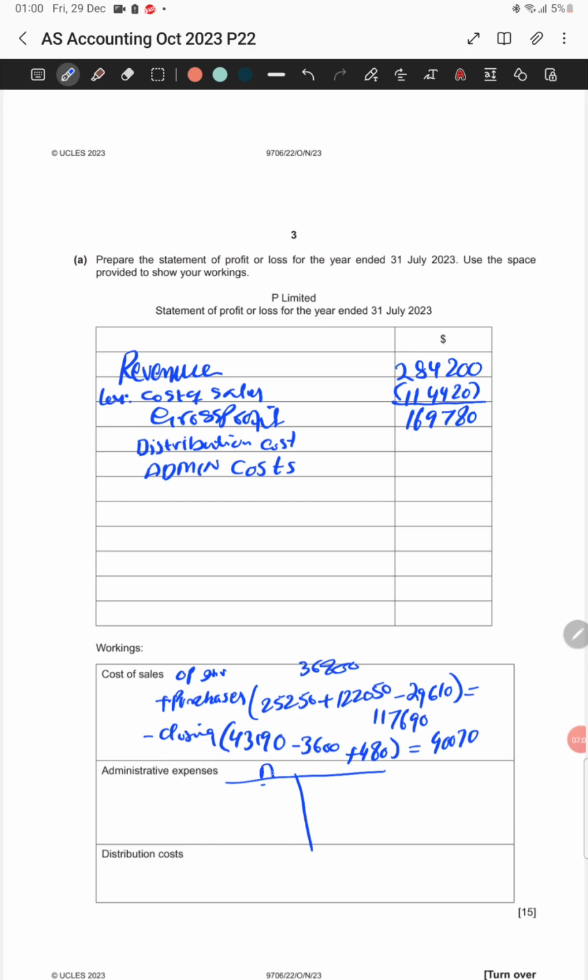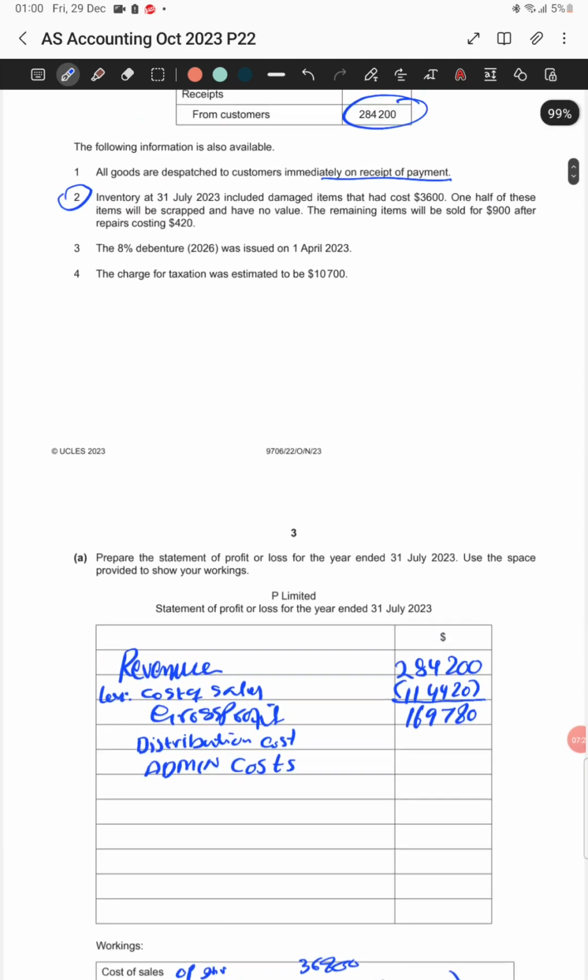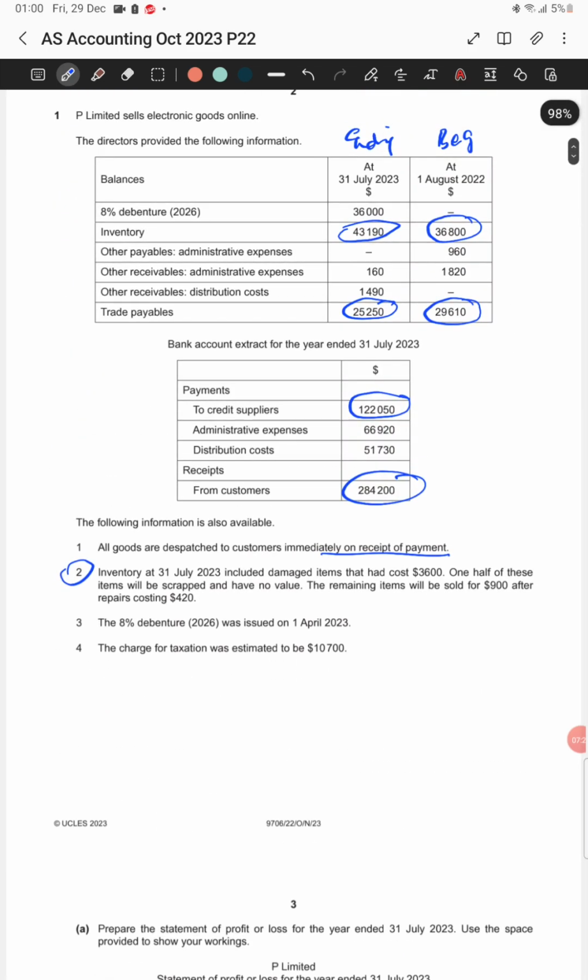For admin, because it's an expense, prepaid, owing, prepaid, bank and income statement. From the question data, we have to pick figures for the admin expenses. For admin expenses, this is payment like bank,